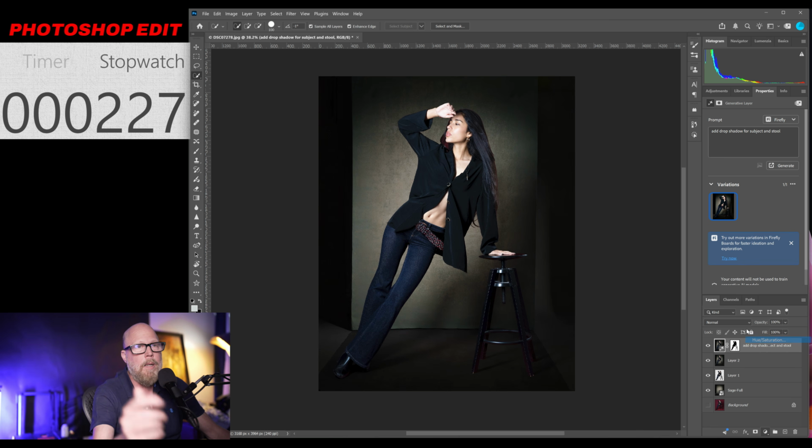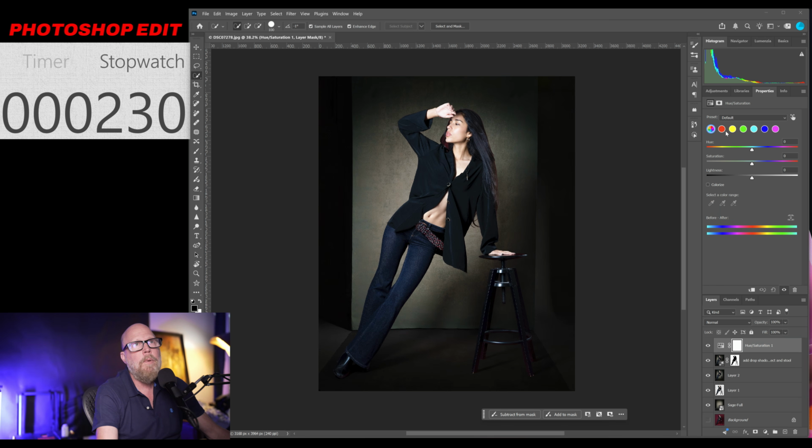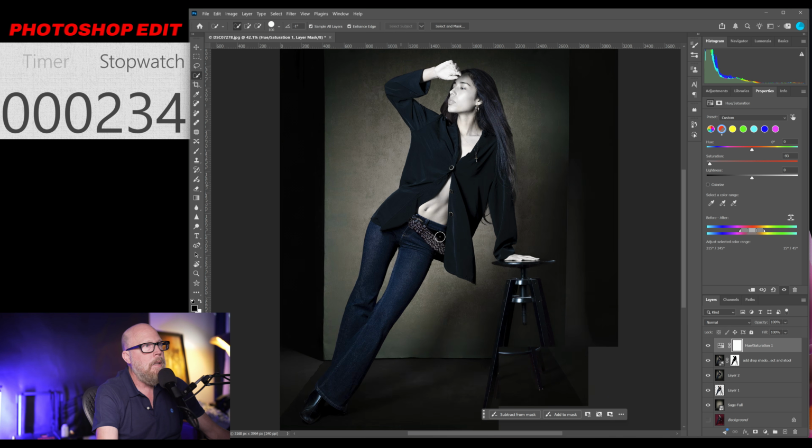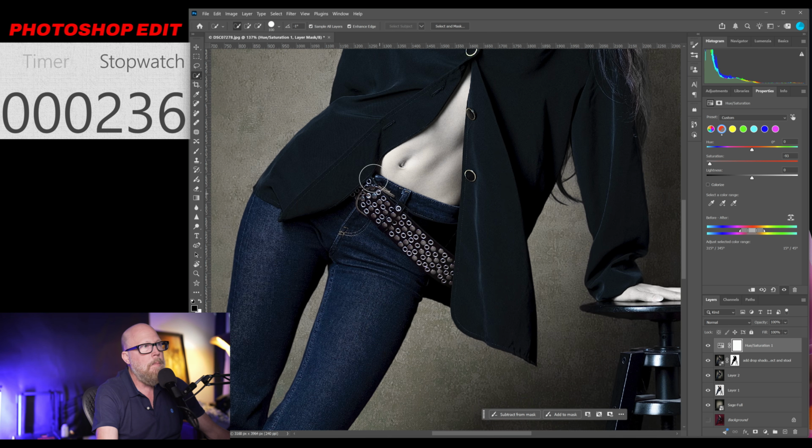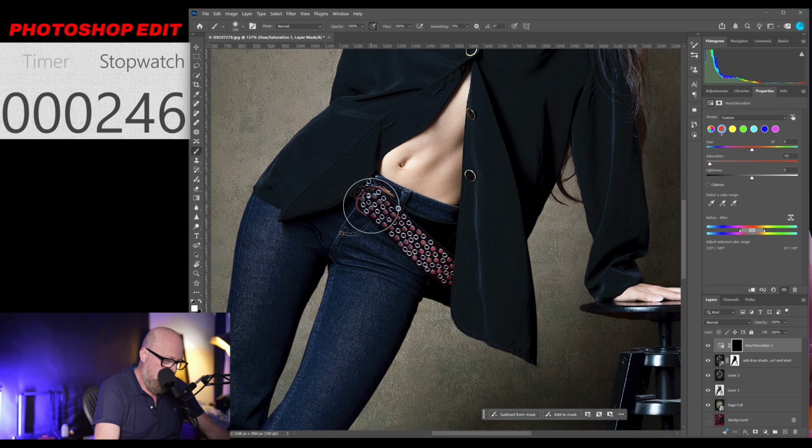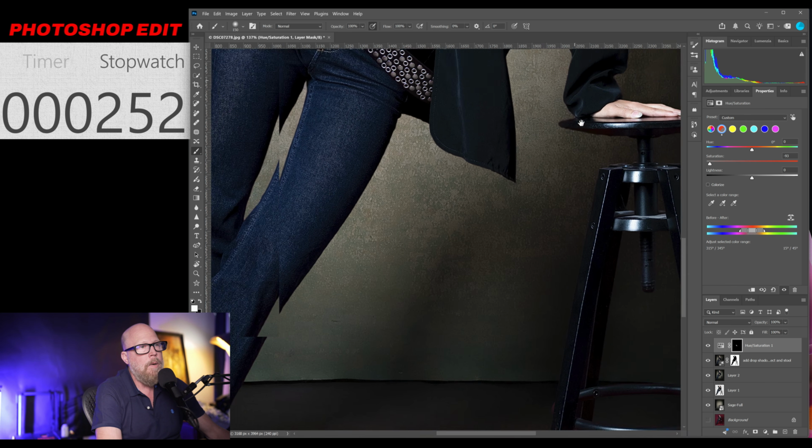I need to stop talking. I'm wasting time. Hue sat, and we're just going to pick red, and I'm going to drop the saturation of the red. And because we wanted this, let's invert it. The mask, see, we got that red in there, and I'm going to come over here, paint with white on the mask, and we're going to get rid of that color cast right there,